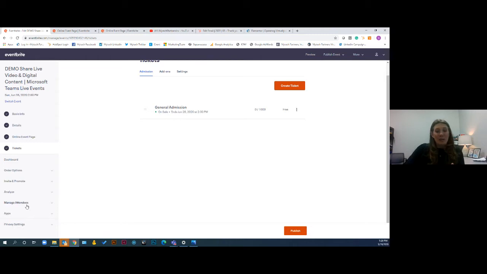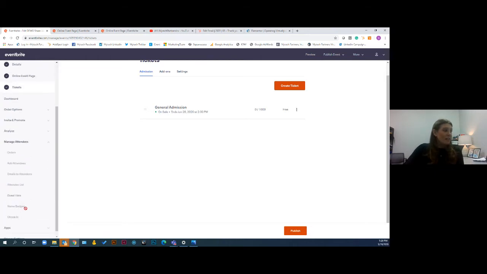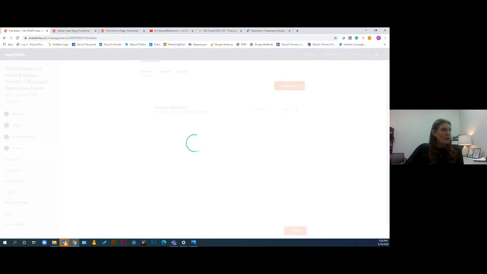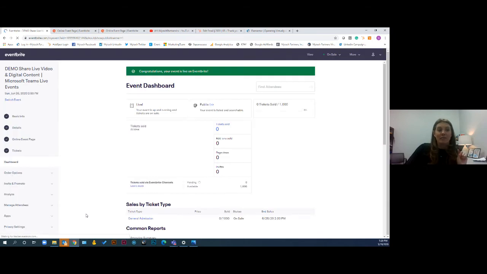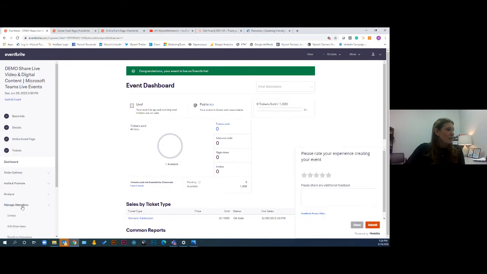The biggest thing I like about Eventbrite is that it automatically does all of the event reminders. So I'm going to go ahead and publish the event here so I can quickly show you that when you publish, it automatically sets up a 2 days before the event reminder, a 2 hour before the event reminder, and a 5 minutes. So if I go down to, it's under,